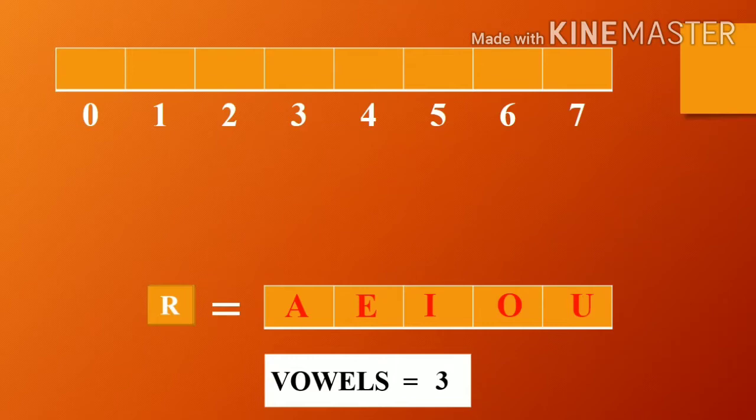So in this way we can count the total number of vowels present in the string, and all the rest of the characters are consonants. So let's start our program in Java. Start with the class name vowels. Before that, write down import java.io.asterisk semicolon.